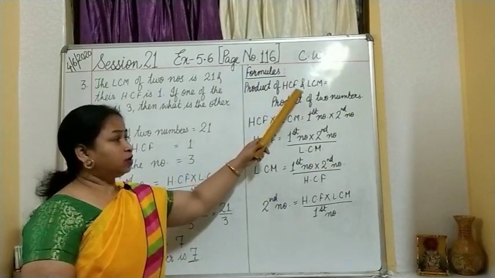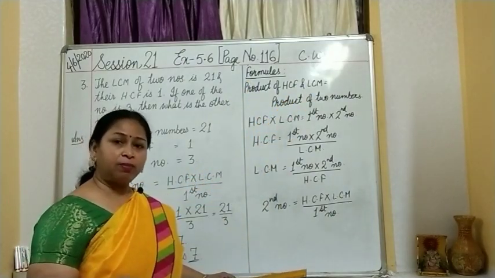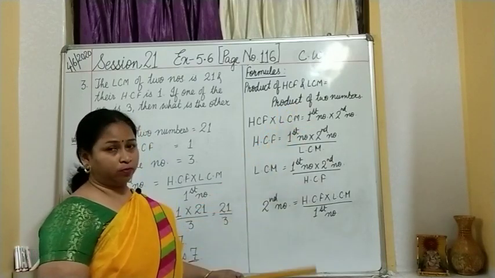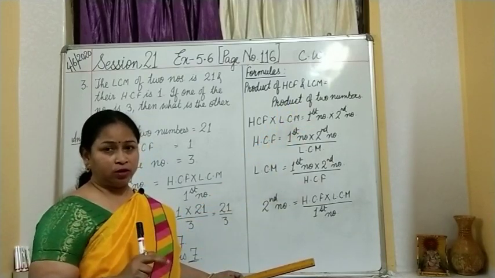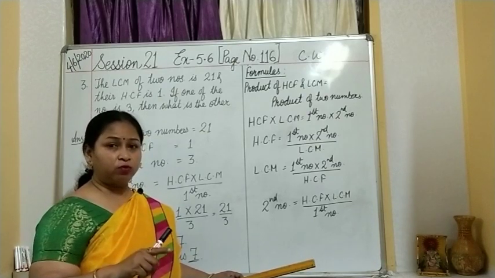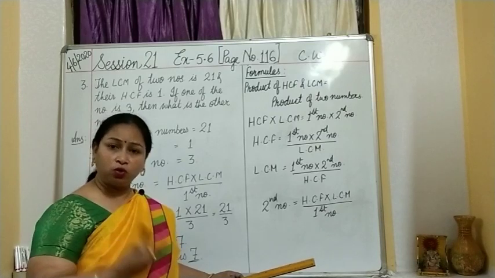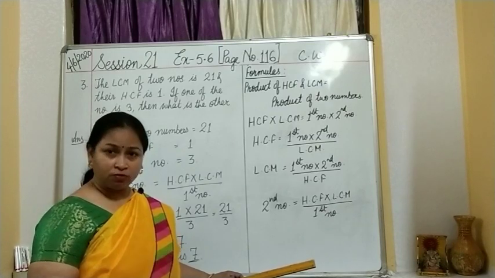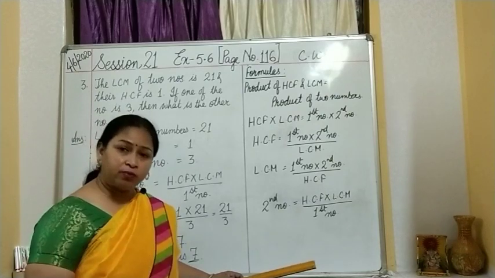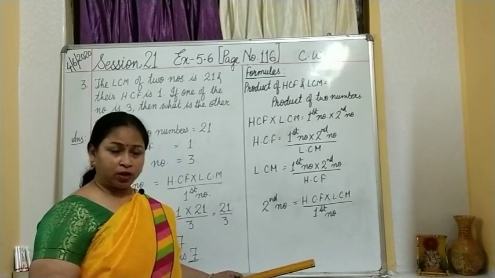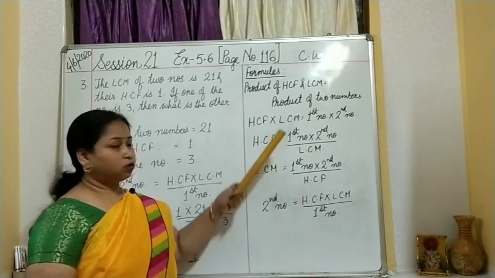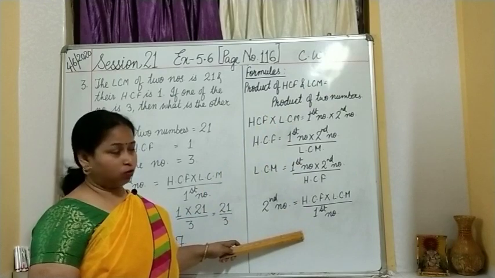Product of HCF and LCM, that means when you multiply HCF and LCM, that will be equal to the product of two numbers. Suppose you have got 30 and 40. Okay, so these are the numbers. So there will be HCF and LCM for 30 and 40, as you know how to solve these questions to get HCF and LCM. In these questions you will be provided with HCF or LCM, and you will be asked for a missing number. Okay, so we need to take the help of these formulas.